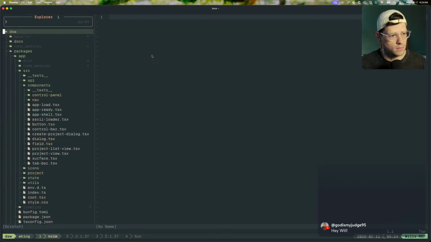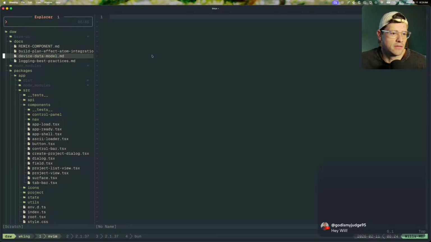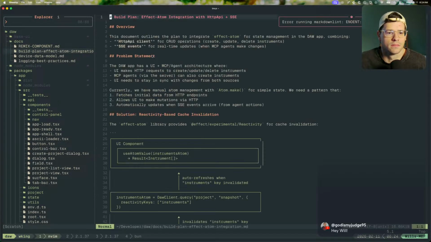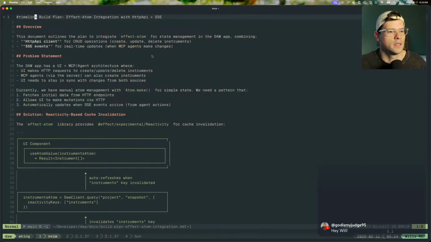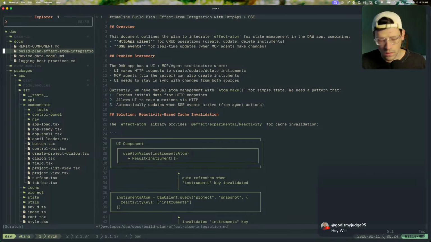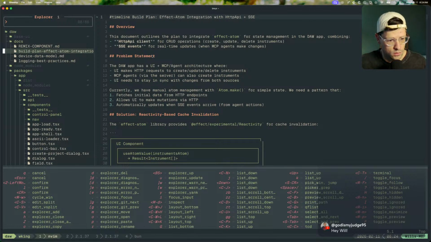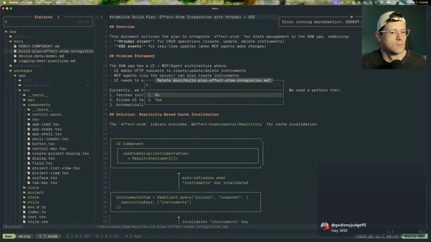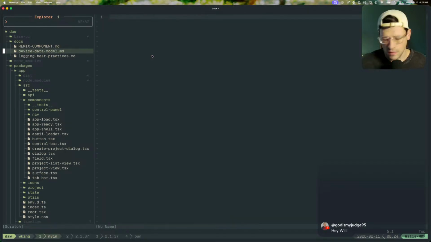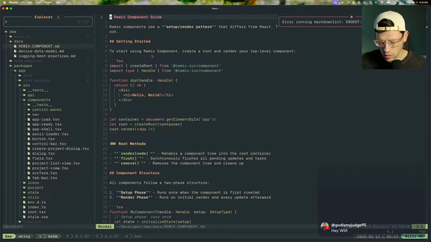So I've been migrating a whole React app to Remix, and as part of that, we're going to delete that. We don't need that anymore. Let's delete Explorer, delete just D. All right. I have this whole file here